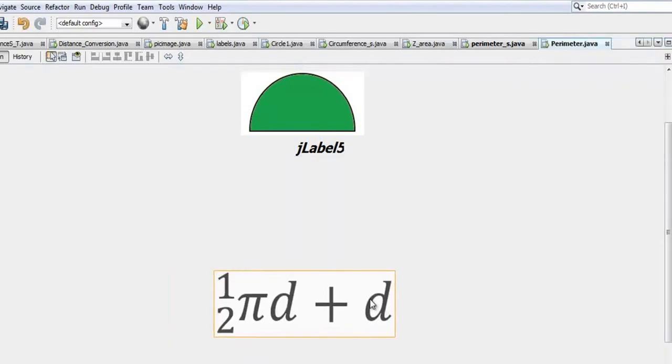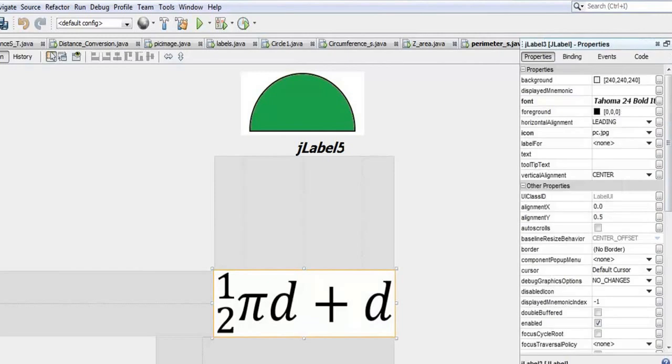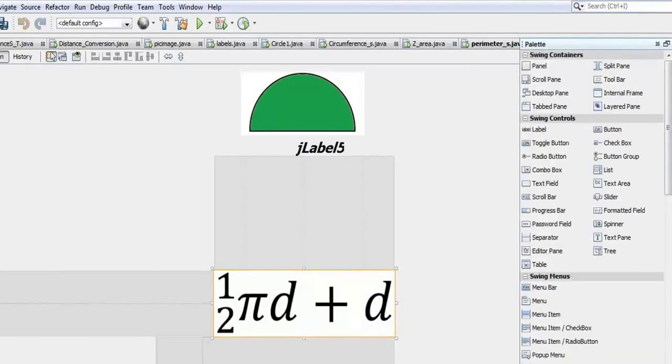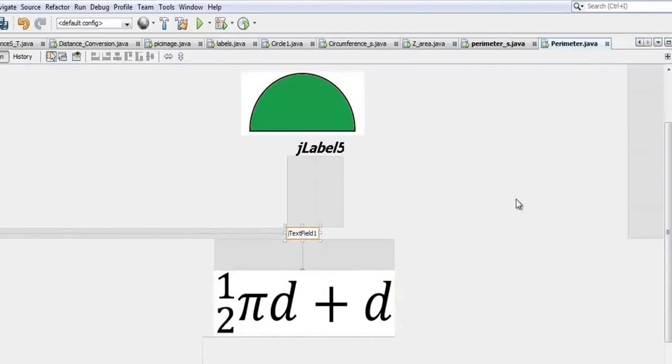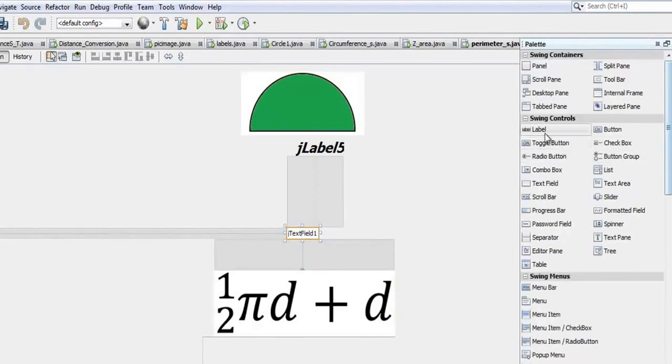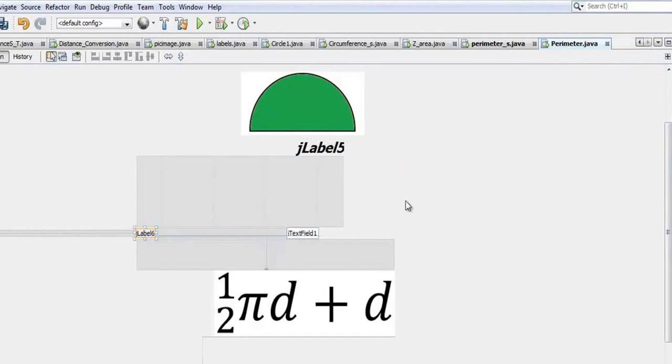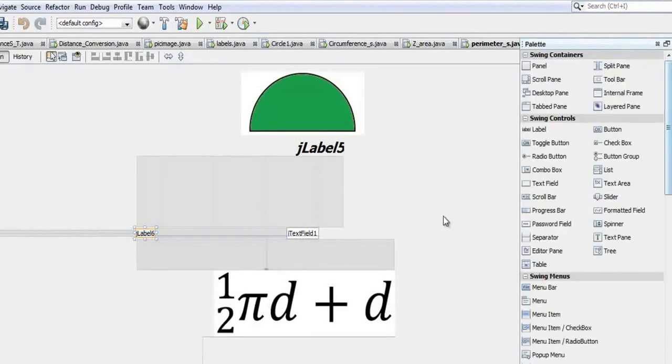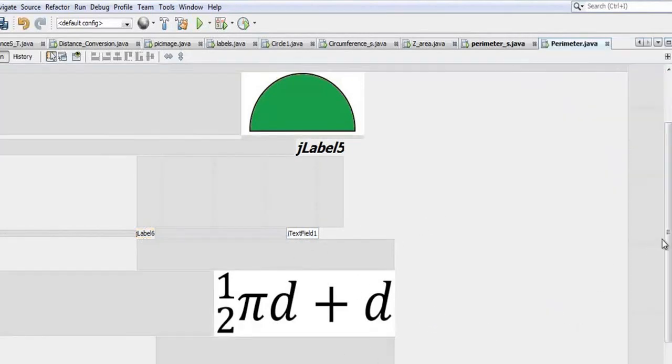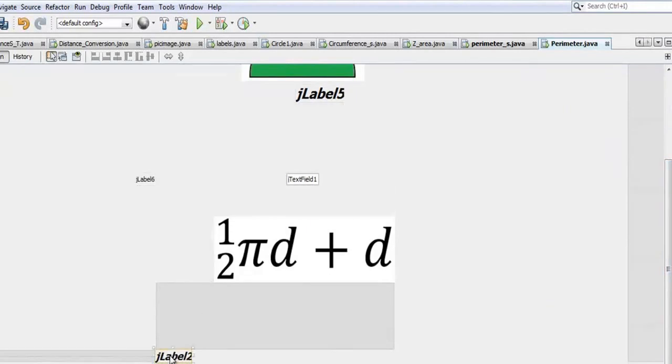Now I'm going to move this here, and I need a text box really. Let's get a text box or a text field, jTextField here, or label here. Okay, but the text field right underneath here, I need to enter some information right here, so let's drag it along,